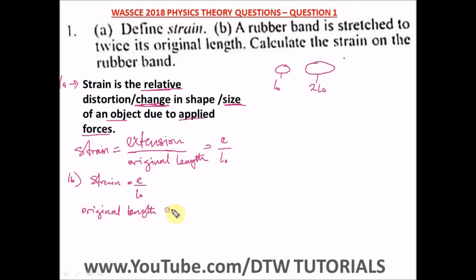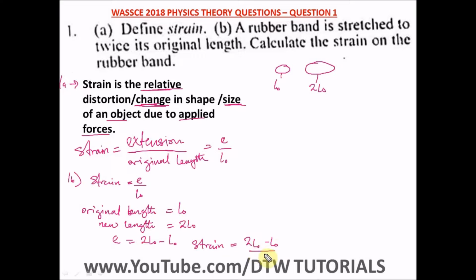Then you state original length from our question is equal to LO. Then the new length, and you remember the extension. To get your extension is the final length, the new length, minus the original length. The new length is 2LO, so E is equal to 2LO minus LO. So we now put it into our formula: strain is equal to 2LO minus LO